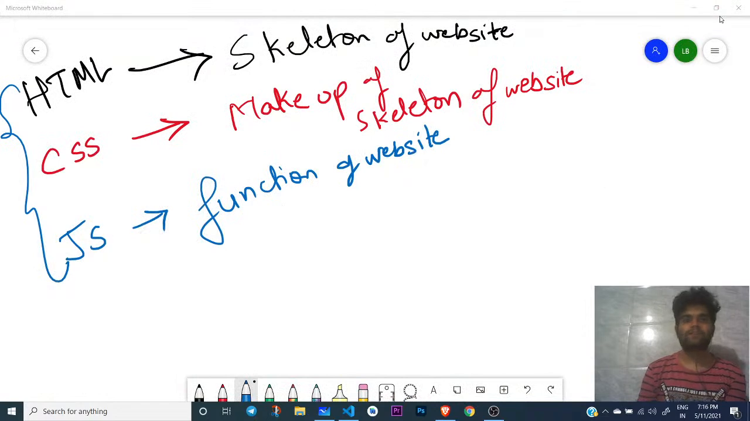So HTML is the skeleton of the website, CSS is the makeup of the skeleton, and JS is the functions of the website. Like functions, I said, adding a search button, adding a toggle button, adding the push pop button, adding not just buttons but animations, form submissions. You might have seen sometimes that one part moves and then another part. So that is your